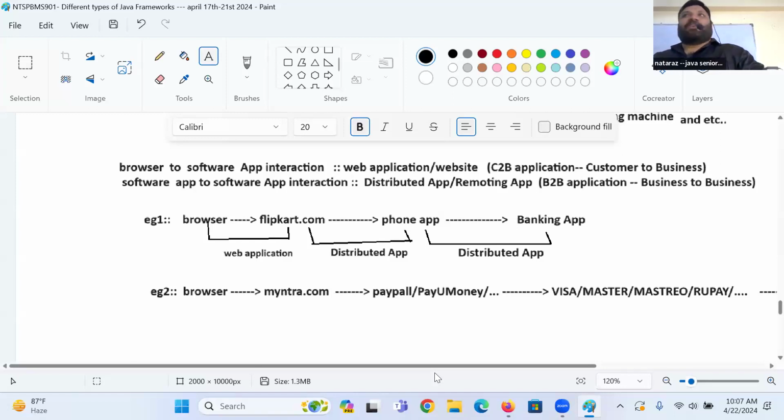Now on that account, they will check whether balance is there or not. Yes, there. Then deduct the funds. If it is a debit card, debit the funds. If it is a credit card, sanction the funds. Before that, they will check whether the card is blocked or not, whether expiry date is given properly or not, OTP, CVV, everything they will verify.